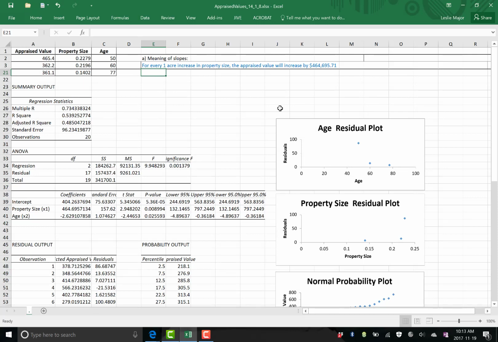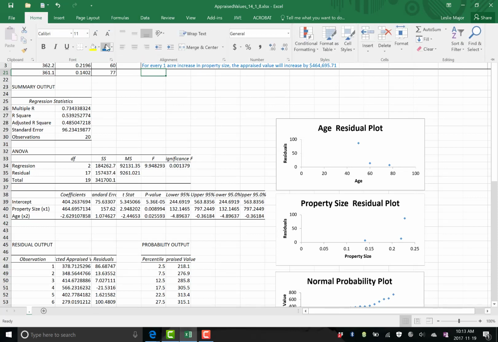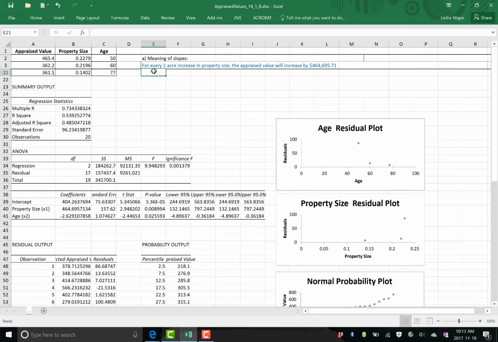Okay. Second interpretation here is for the age. So for every 1 unit increase in the X, so in this case, for every extra year old the property, or really the house is. So for every extra year in age, the appraised value of a house or property will increase by,